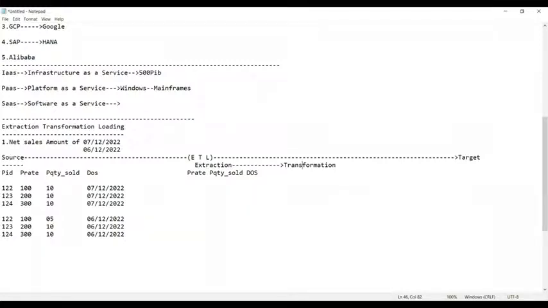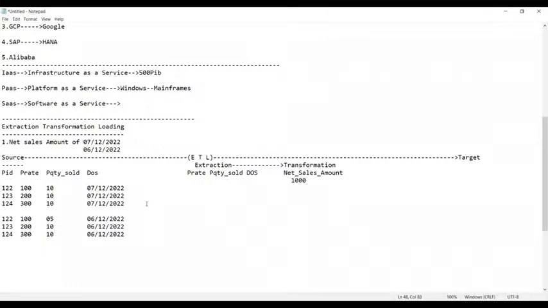Data summarization. So here, 100 rupees is the rate, 10 is the quantity. That means 100 into 10 means what? Can you tell me, what is 100 into 10? 1,000. Very good. So 100 into 10 is 1,000. So can I write it here directly as 1,000?